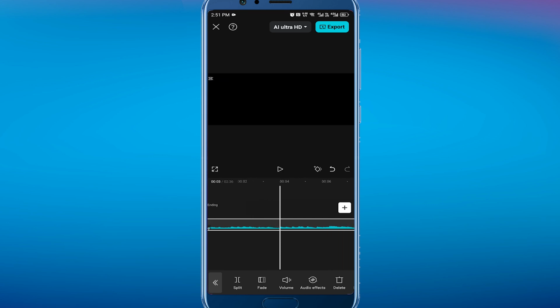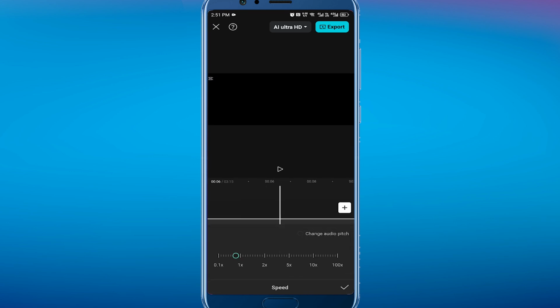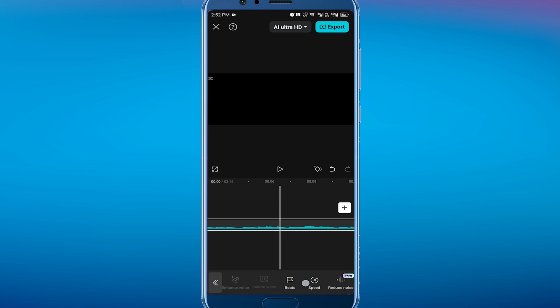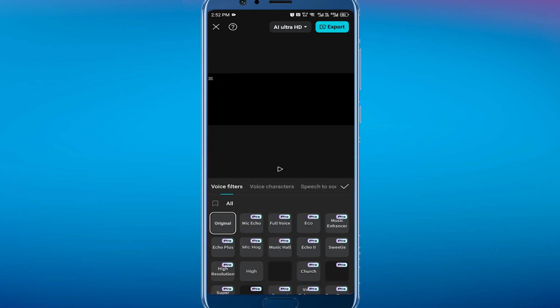Now we have to select this and then we have to go to speed here. Tap on this speed and you have to set it on 0.8. Also, we have to select this change audio pitch here. Tap on this check icon and then we will go to this audio effects option here and look for the